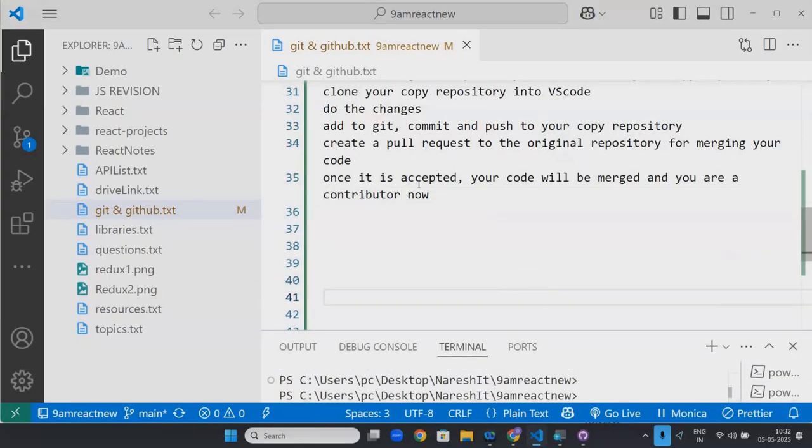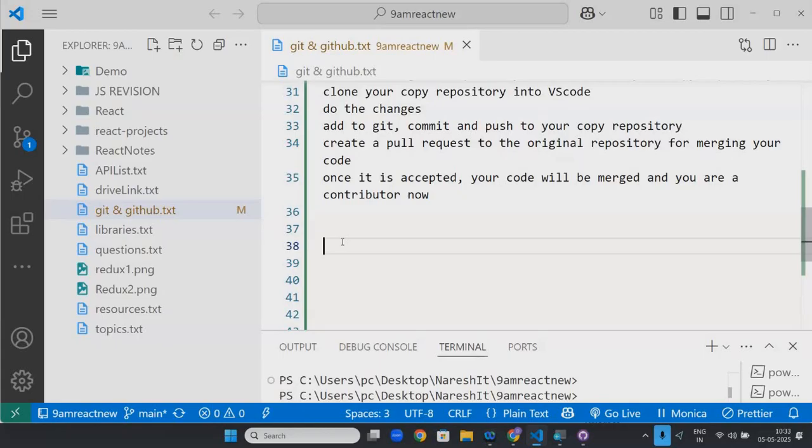Last but not least, sir, do you think every time you will directly push it into main? When you join an office, the main company website is in the main branch. Do you think they will directly allow you to push the code to the main branch? What if you push something random that will spoil the company? So that's why they will give you one separate branch.